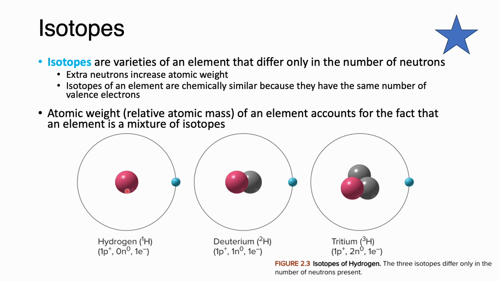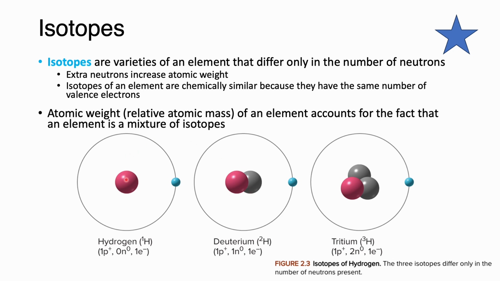So here we have the isotopes of hydrogen. Hydrogen, here we see, has one proton, no neutrons, and one electron. Wonderful. Another isotope of hydrogen is deuterium. Deuterium has one proton, one neutron, and one electron orbiting the nucleus. Since we have the addition of a neutron, here the atomic weight is 2, versus the atomic weight of hydrogen